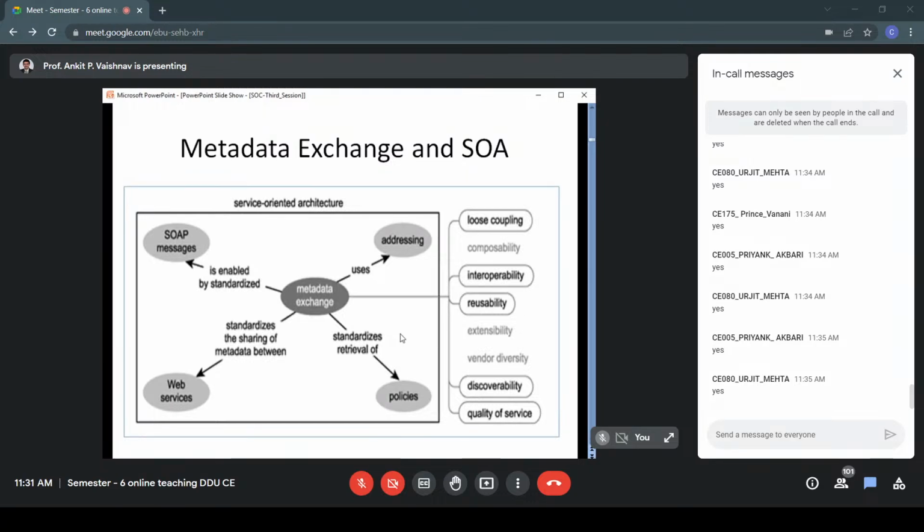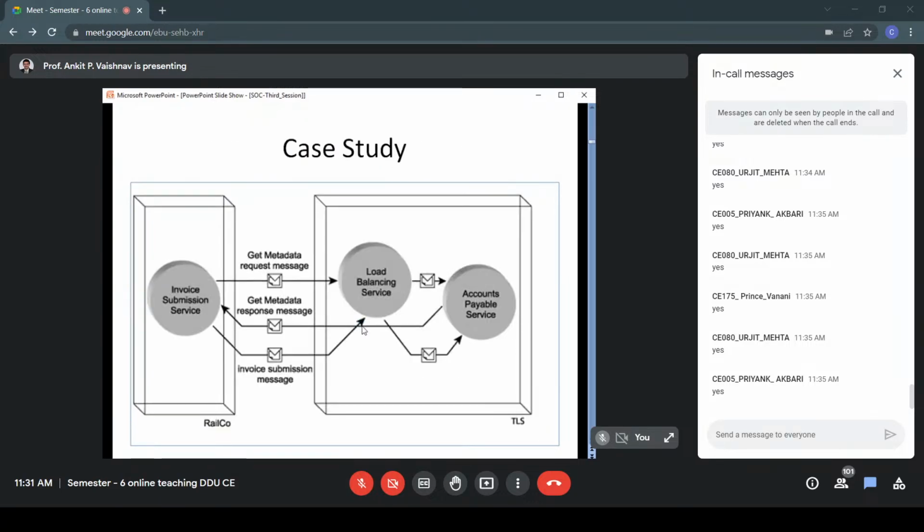Okay. So MEX is a very, very important standard. Do you agree with this, at least after having a discussion of approximately 1 hour, right? 10 minutes are remaining. So this is a very, very important specification, and every framework has implemented this in its own way. So no matter what framework you are learning, you should know the basics. I hope I have made that concept clear. Okay, let us now go for the example.